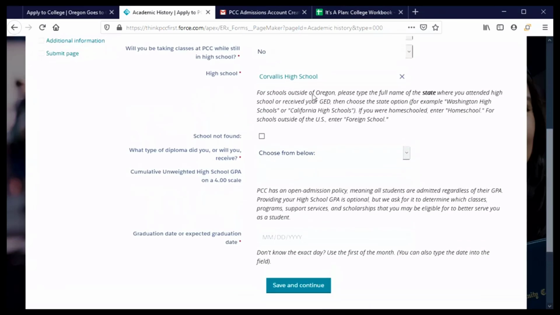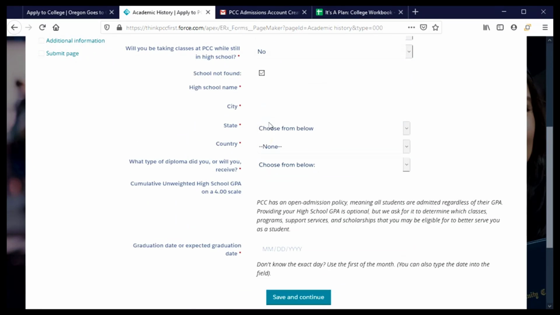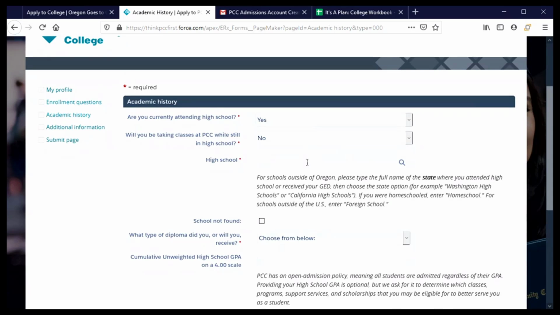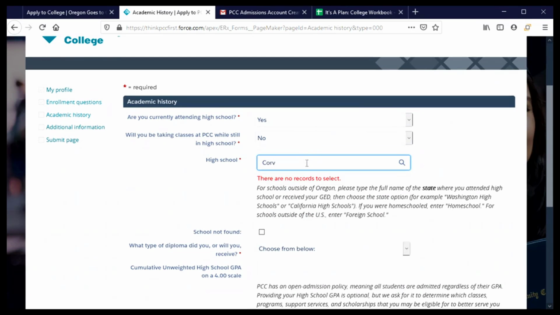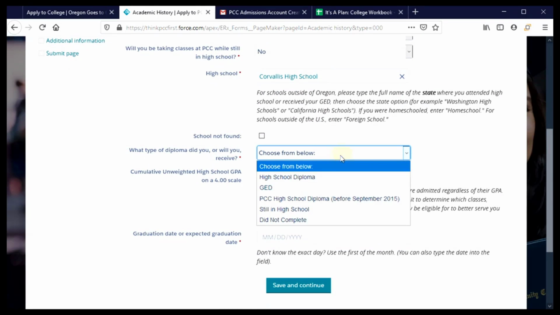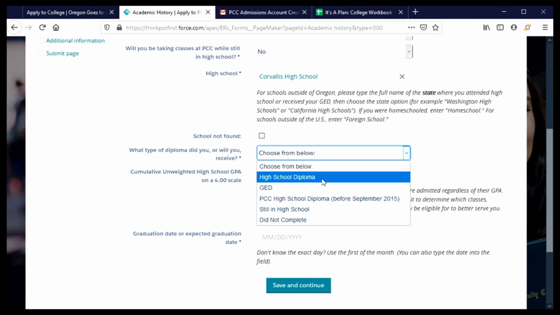If my high school didn't show up, I could click this box that said school not found, and it would then ask me to provide information about my high school. But mine was found, so I'll keep that unchecked. I now need to enter it again. No big deal. And move on. When I graduate, I will have received a high school diploma. So this is a question about what I will receive,